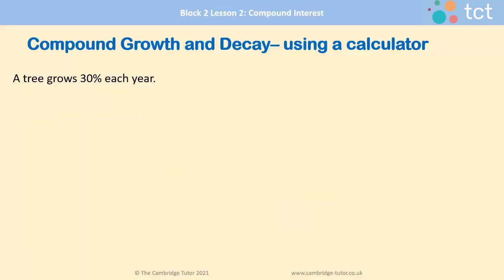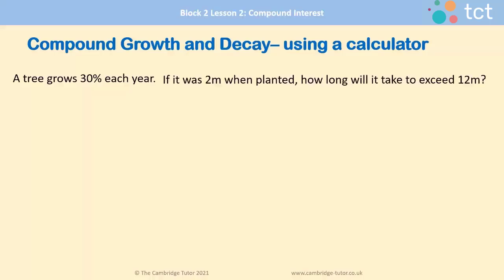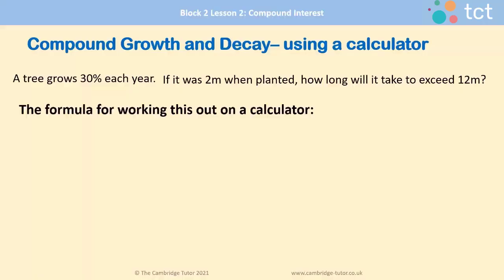Here's a different kind of way a question could be asked. A tree grows 30% each year. If it was 2 metres when planted, how long will it take to exceed 12 metres? Again, put in the formula, and what we have that will go into the formula. We have the initial amount, which is 2 metres, and we have the multiplier because it grows by 30% each